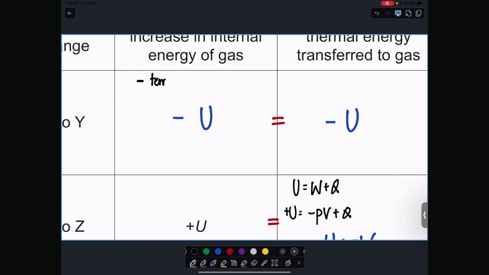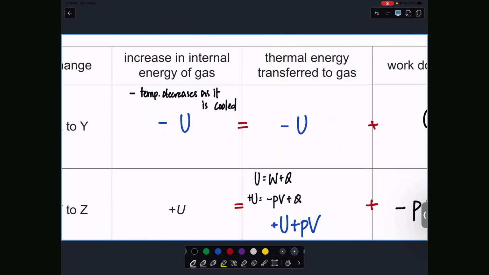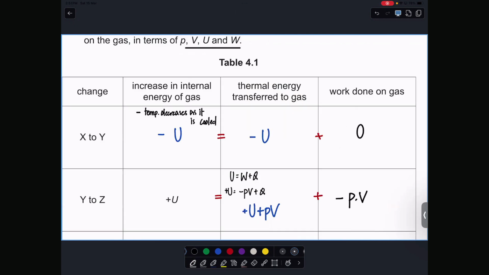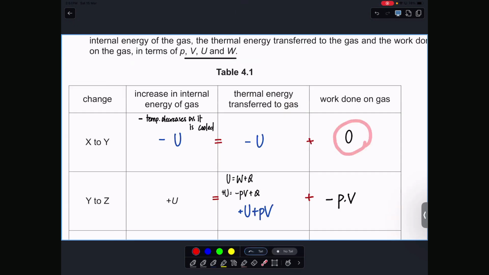Temperature decreases. Minus u, internal energy কমে যাচ্ছে because there's no work being done, right? তার মানে thermal energy loss হচ্ছে।